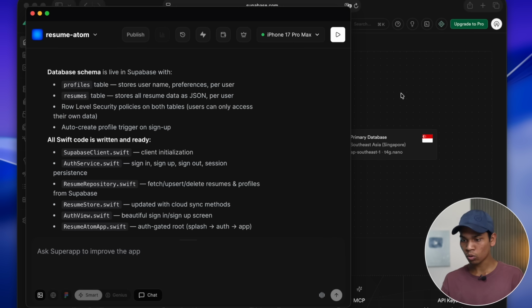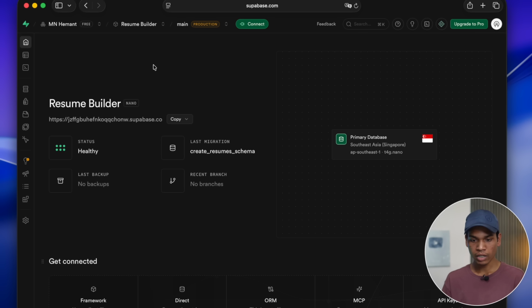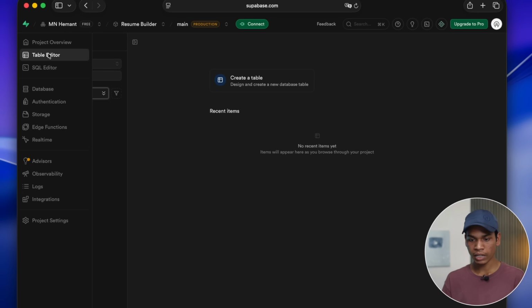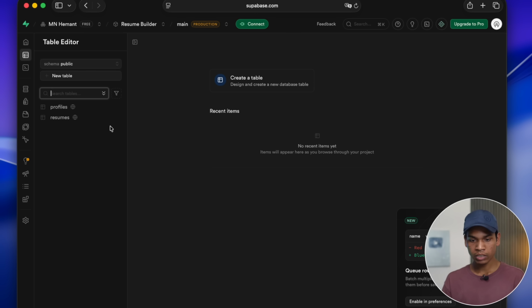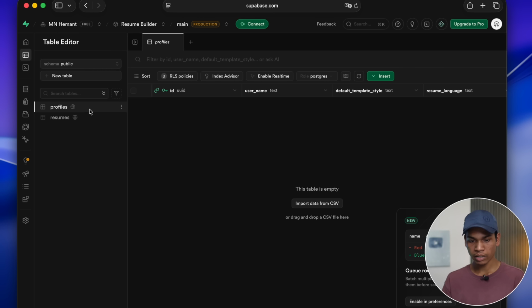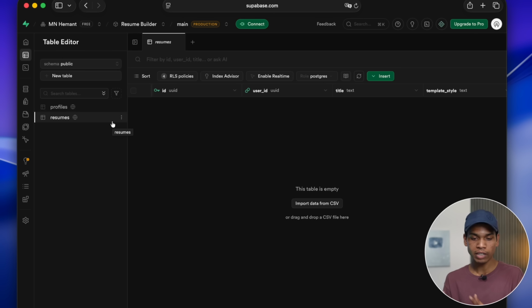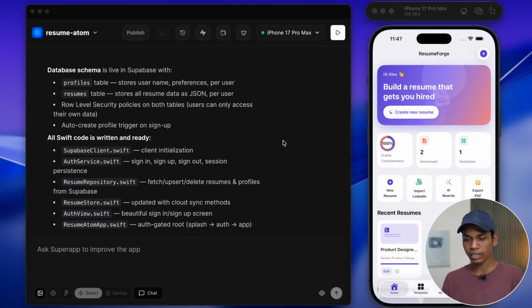database table. So let's now go to Supabase, and this is our project. Now I'm going to table editor, and here you can see there is profiles table, and then there is resumes. Now whatever profile anyone will create, that data will be stored here, and anyone will create some resumes, so that data will be stored here. So this way you can add the option of cloud sync to your app, and when your app is finally